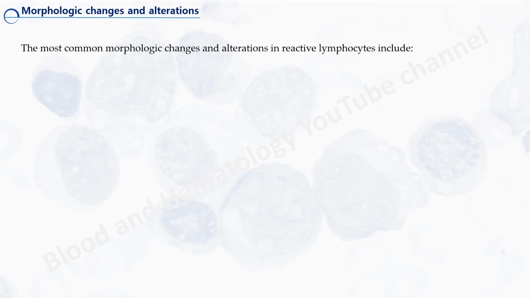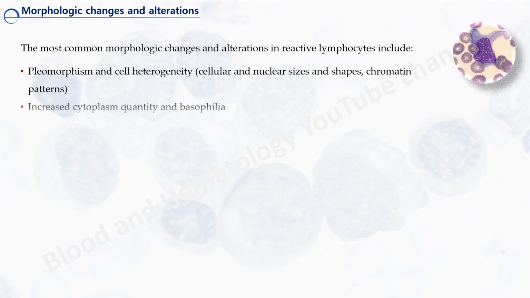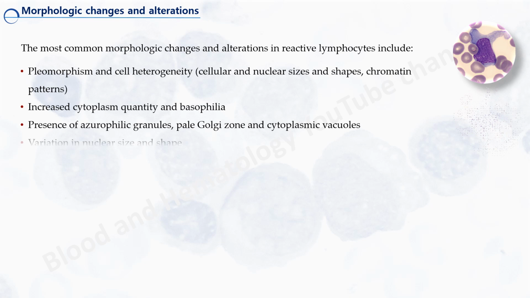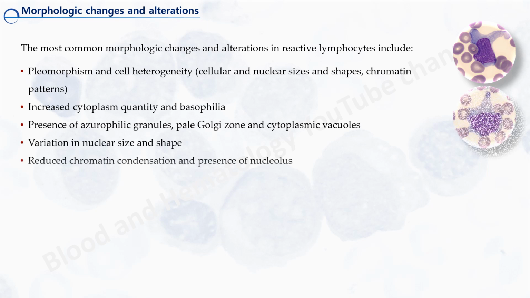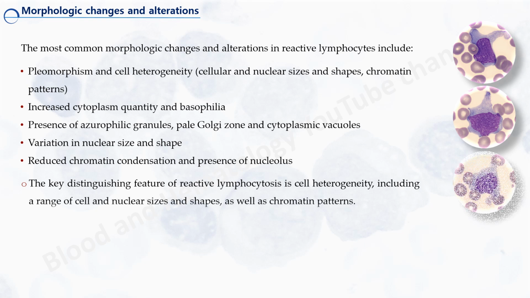The most common morphologic changes and alterations in reactive lymphocytes include pleomorphism and cell heterogeneity, increased cytoplasm quantity and basophilia, presence of azurophilic granules, pale Golgi zone and cytoplasmic vacuoles, variation in nucleus size and shape, and reduced chromatin condensation and presence of nucleolus. The key distinguishing feature of reactive lymphocytosis is cell heterogeneity, including a range of cell and